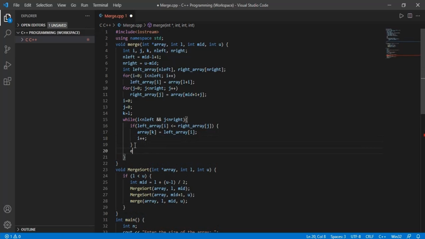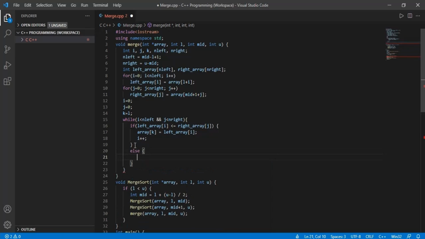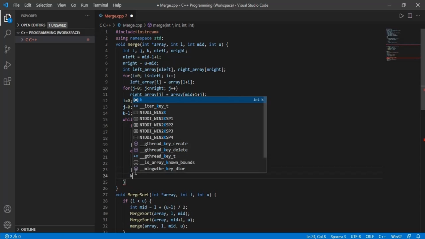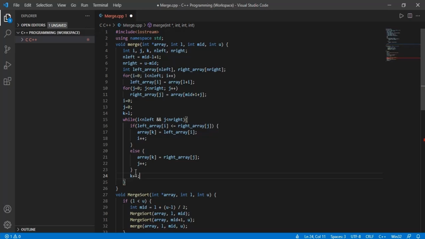as that particular element from the left array is stored, so we'll increment the i value. Then we'll write down the else part, that is if the left subarray element is greater than the element corresponding in the right subarray, then in that particular case we'll store up the element from the right subarray. So we'll write the similar part of the code, that is right subarray of j will be written over here. Now that the element from the right array is stored, we'll have to access the next element from the right array, so we'll increment the j value. After the completion of this if else block, we'll simply increment the k value, which will be incremented in each of the iterations.